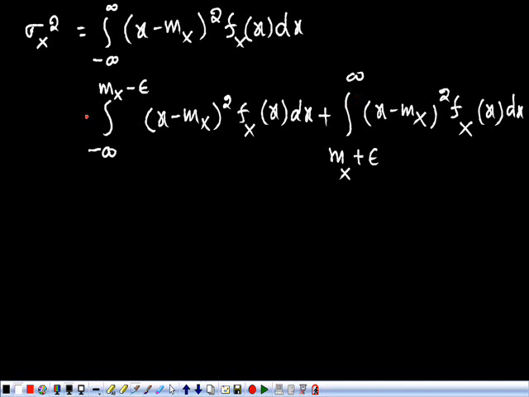So definitely, can I write this as the sigma x square? What is sigma x square? This one. Okay, this integral. So this integral is always greater than or equivalent to this quantity, is it? Therefore, I can write it as sigma x square is greater than or equivalent to this function. Now, I can write this as sigma x square greater than or equivalent to, see, we are integrating over the two intervals. Now, can I combine these two intervals? Because these two intervals correspond to this.